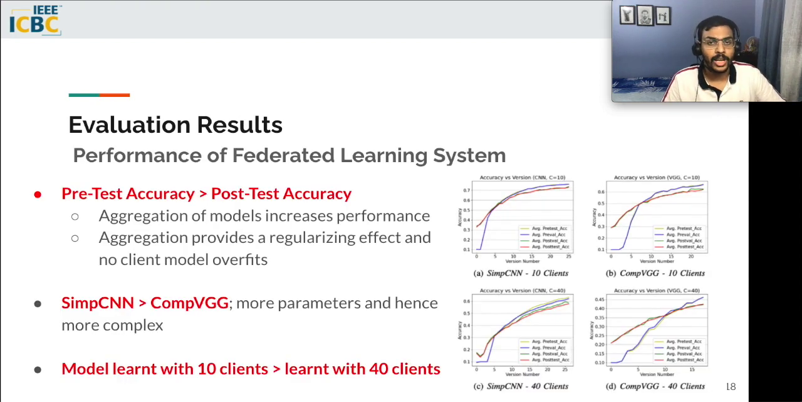In the first set of experiments, we show the performance of the FL system where we employ 10 and 40 clients. From the graph, we observe that the pre-test accuracy is higher than the post-test accuracy. That is, the accuracy of the aggregated model surpasses that of the individual trained local models. This shows that the aggregation of models results in an increase in performance, and we hypothesize that by saying that the aggregation provides a regularization effect since no client model overfits on the local dataset,